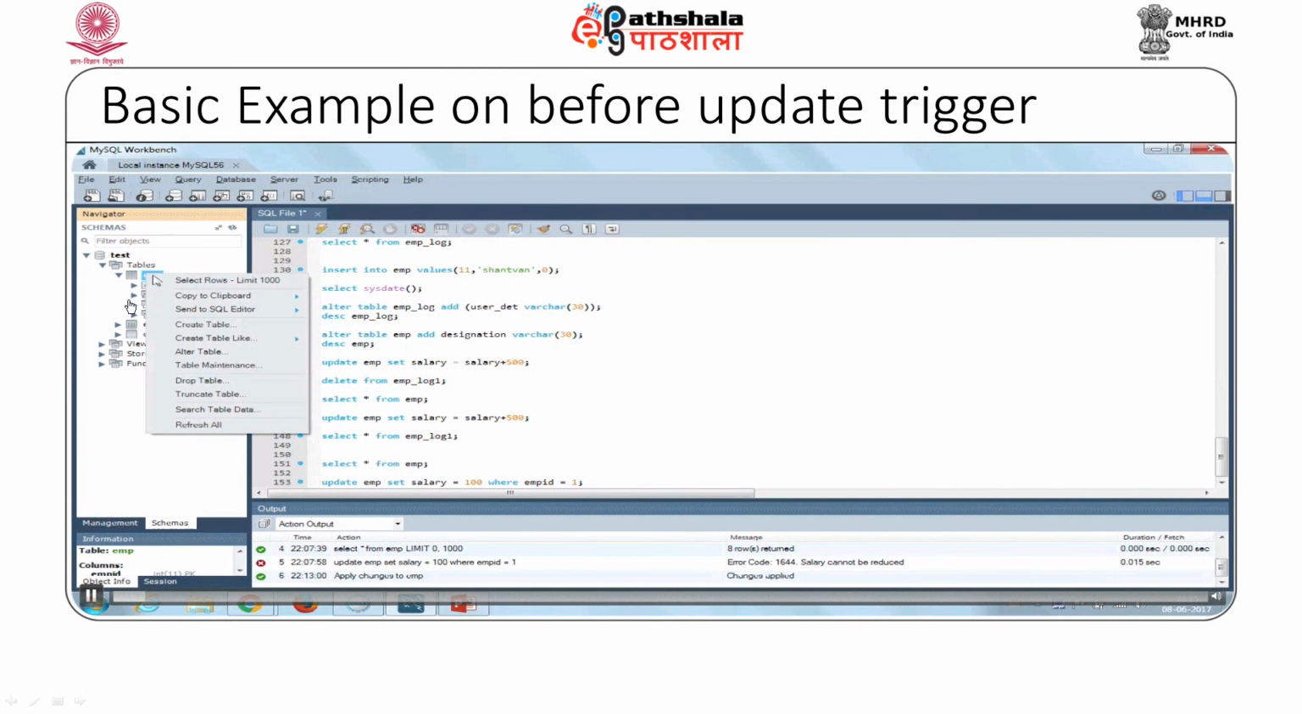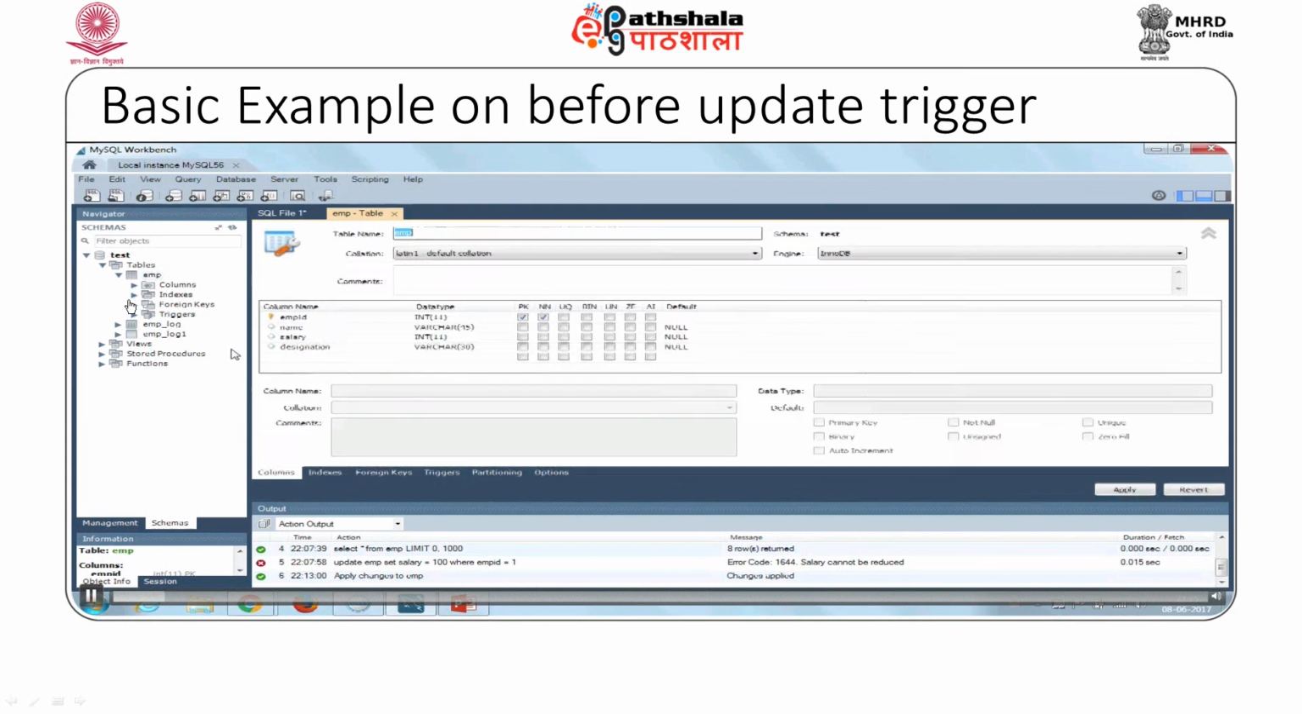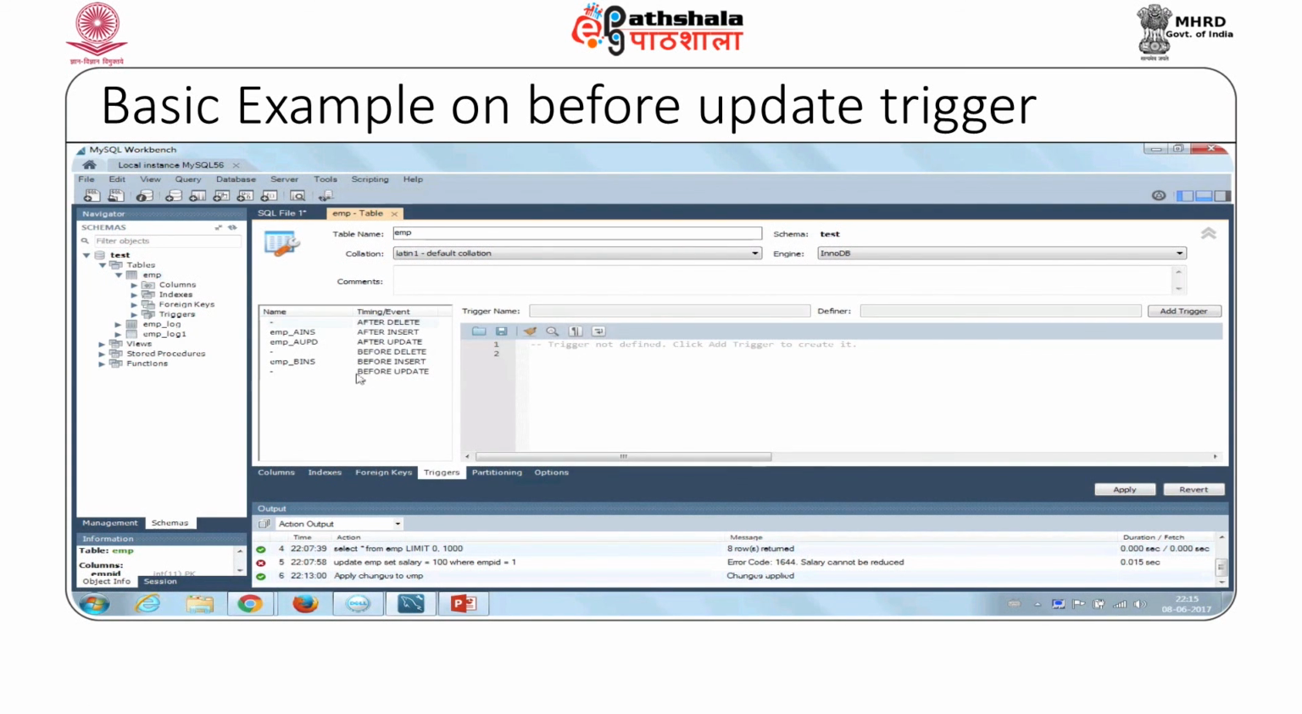Again, into my employee table, alter and triggers, and I say before update trigger, add trigger before update on employee. Here we would put a check on the salary, that whenever an employee is updating the salary, if the salary to be updated is less than the current salary, the user should be given the message that